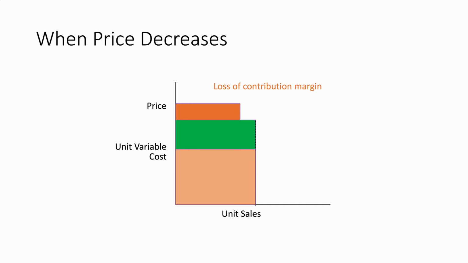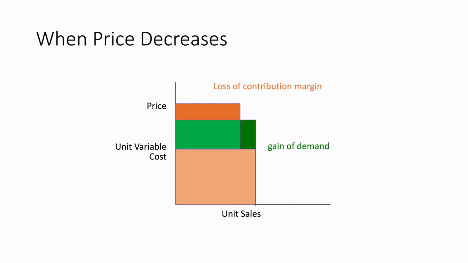There are two changes. One is the loss of contribution margin. When we drop the price, our bar is lower, so we are losing this orange segment. But on the other hand, because of the sales or demand increase, we actually gain a block in profitability